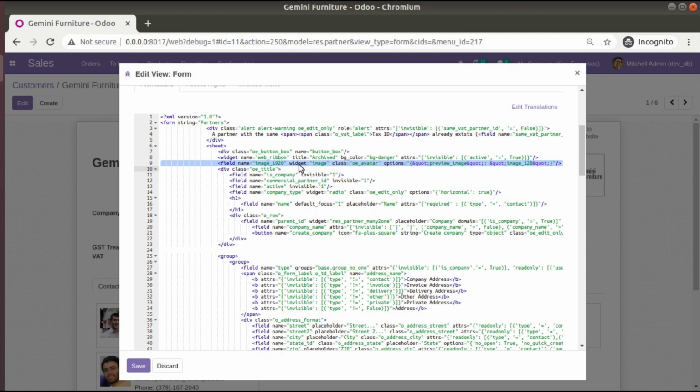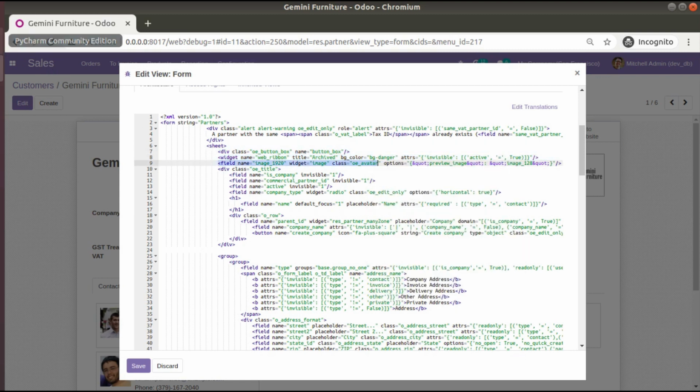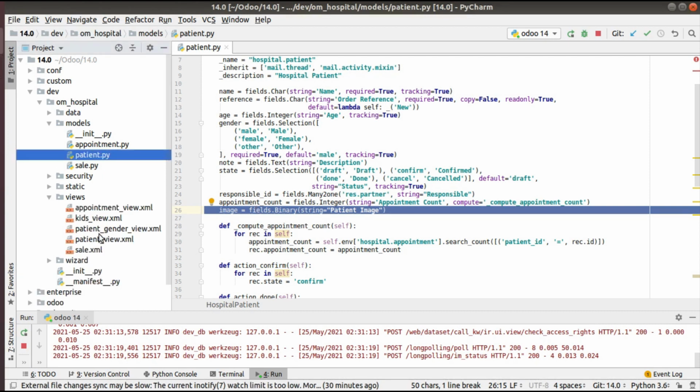We have to give this widget and also the class oe_avatar. You can see it's given right under the sheet tag. Similarly, under the sheet tag I will add this field. Let me copy this, go to PyCharm, and add it to the corresponding patient view.